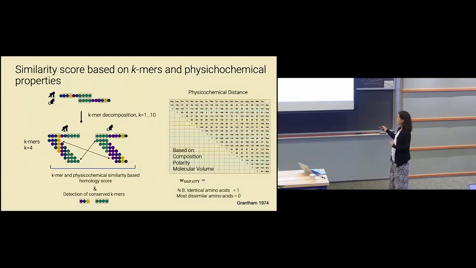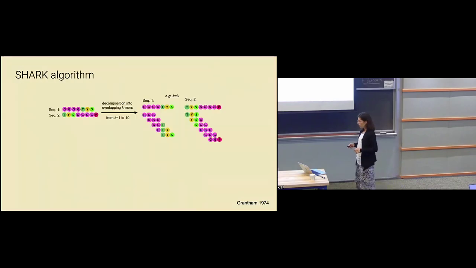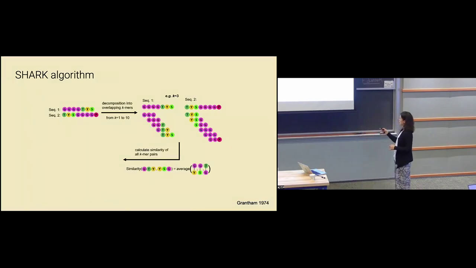We took the Grantham matrix, which is an old matrix that's basically taking into account the composition, the polarity, and the molecular volume of amino acids, and has this distance metric. And this worked for us very well, actually worked better than BLOSUM or other matrices that are used for evolutionary comparisons. It's really the physical-chemical similarity of amino acids that we compare. And when we compare two k-mers, here shown for K3, we just basically sum them up for each position, like a mini alignment. And then to go a bit more into detail, so we break down these sequences, we compute the scores between the,